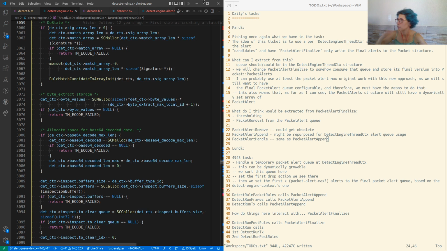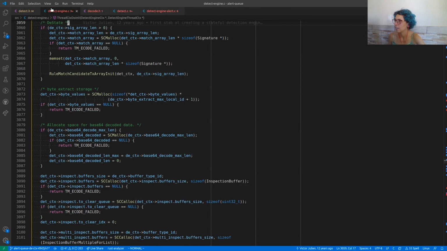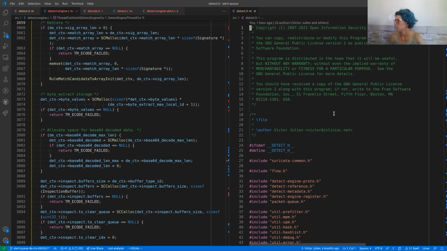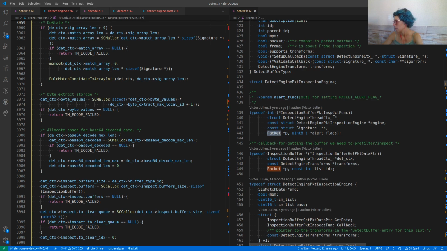But yeah, I'm getting a bit happier because we now have a place where we could get started initializing things. And I'll move this to the right. Packet alert.